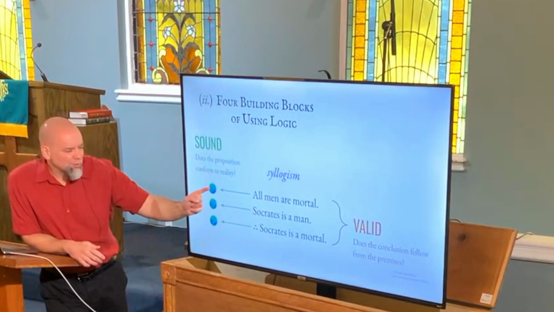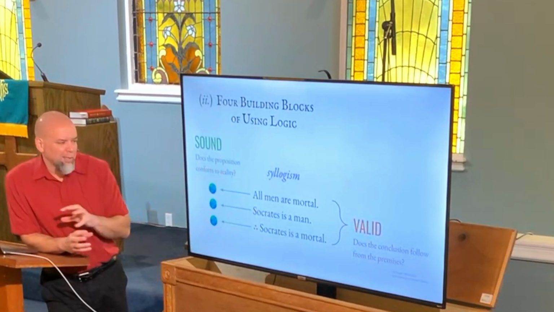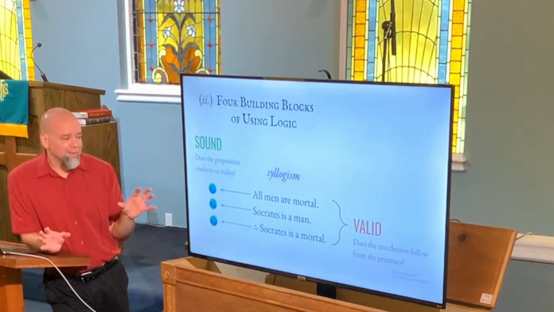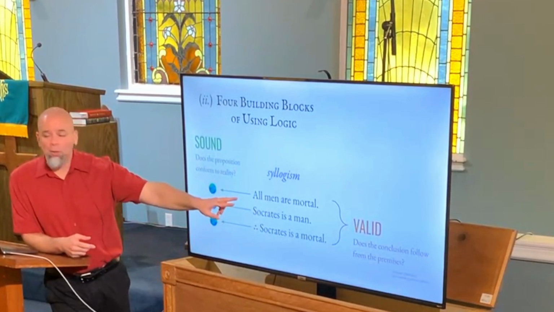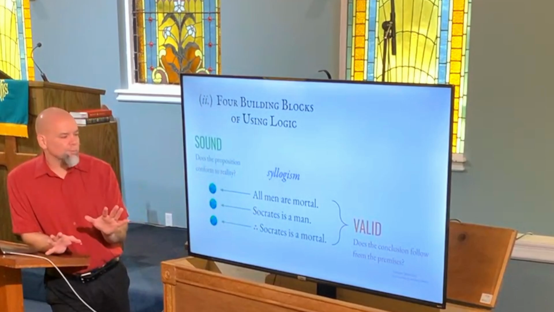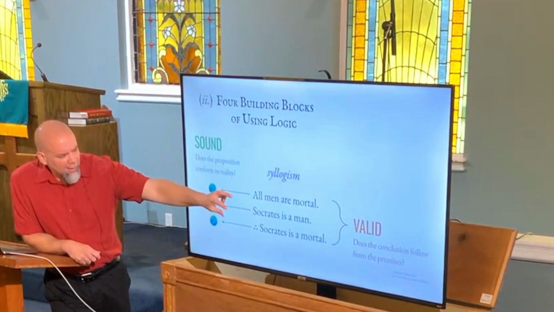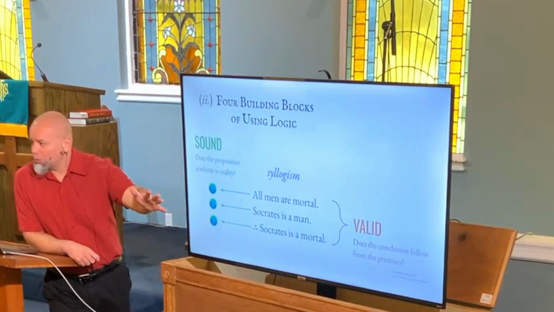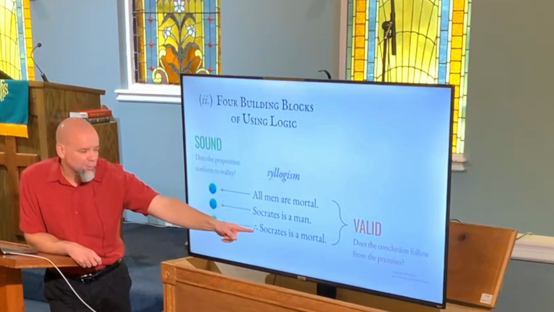Now, if these 2 statements are true, and assuming all of my terms are in the right place, and if you're curious, there's 24 acceptable, valid combinations that you can put these terms, and only 24. Otherwise, they're invalid and they violate various rules. But if these are true, and everything's in the right combination, then this follows, as Sproul would always say, by resistless logic. This must be true.